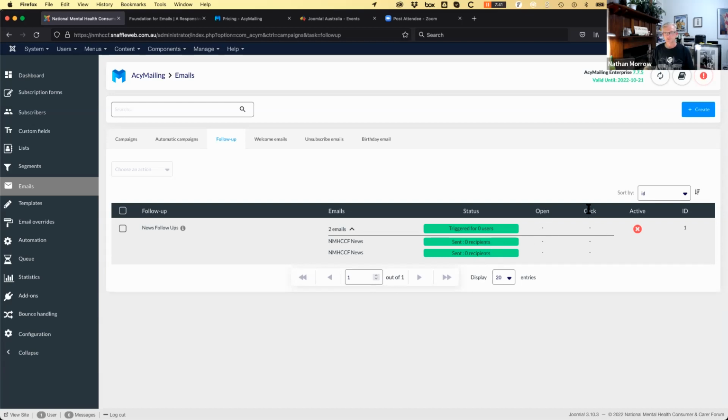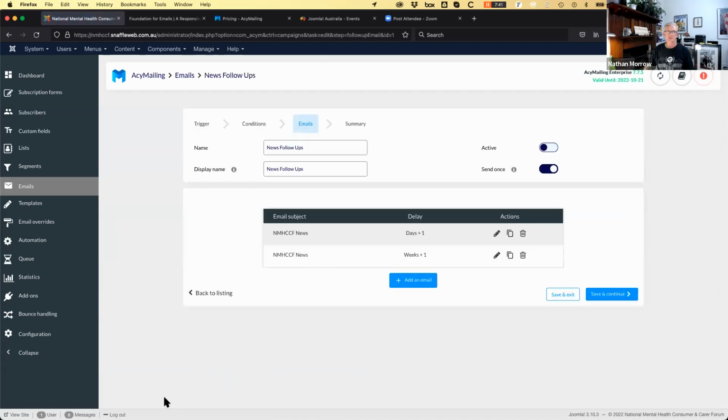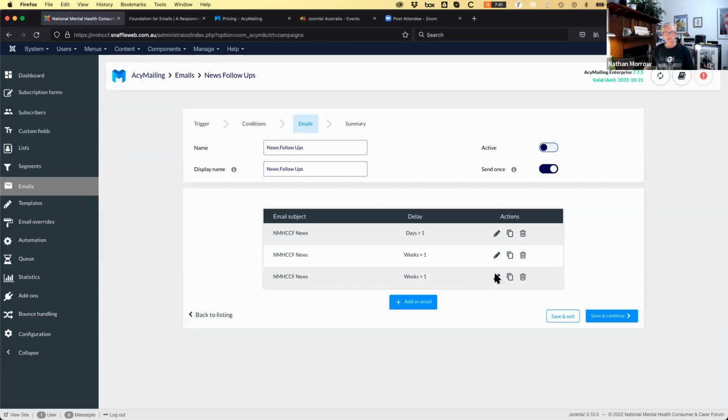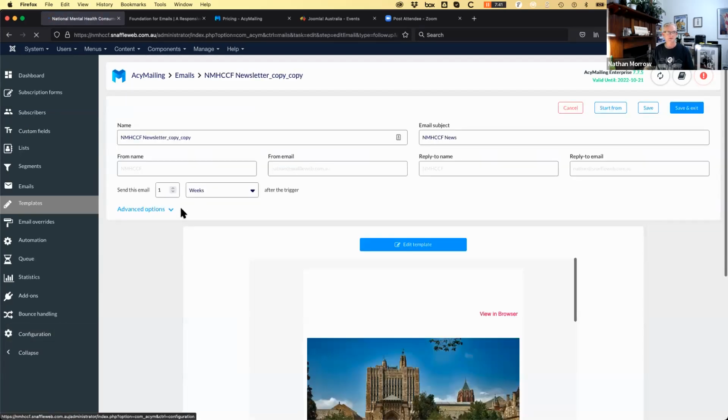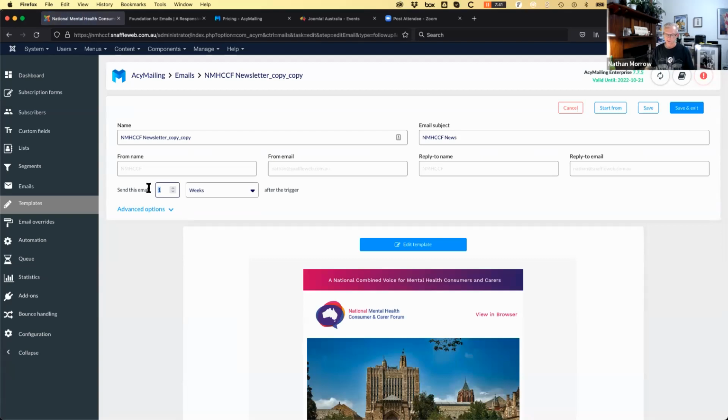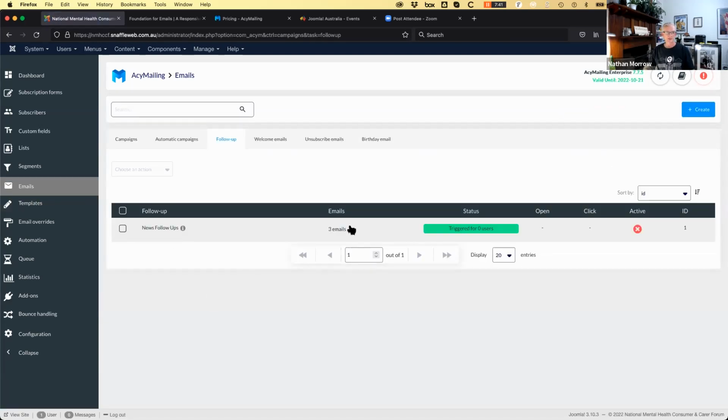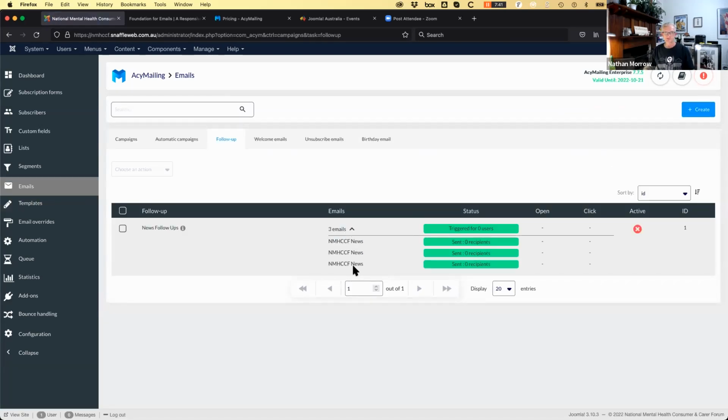It'll then give you stats on open and click rates. I go in and add another one and just start again from scratch. Duplicate another one, and obviously you would be changing the content of these emails. It's pretty quick and easy to be able to build up a series of follow-up emails to any given subscriber to a list.